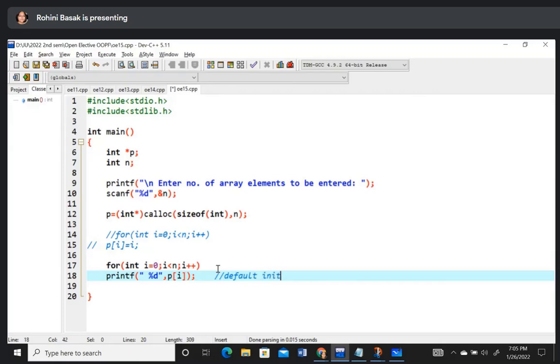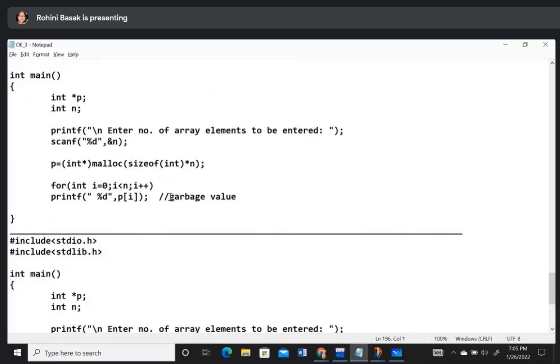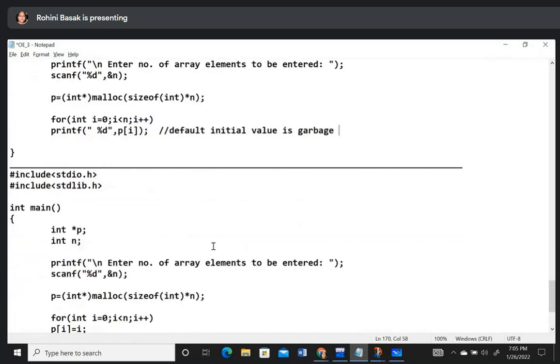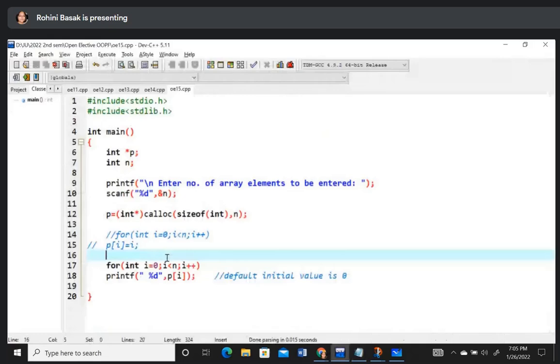Default initial value is 0. আর আগেরটা কি লিখেছিলাম, এই যে এখানে হচ্ছে গার্বেজ ভ্যালু, ডিফল্ট ইনিশিয়াল ভ্যালু ইজ গার্বেজ। বোঝা গেল? এটা ম্যালকের জন্য। এবার এটা ক্যালকের জন্য।